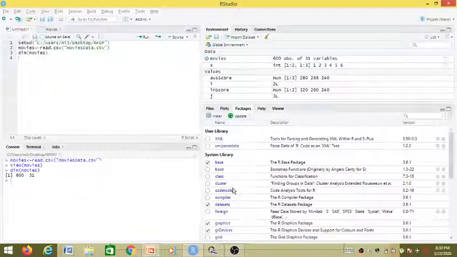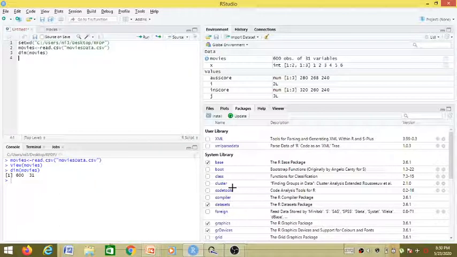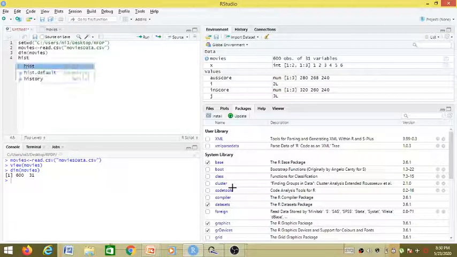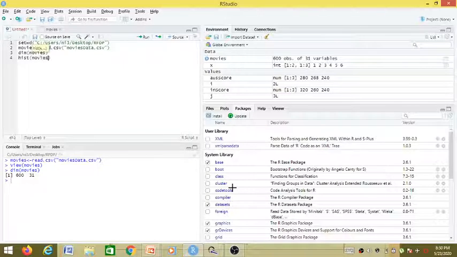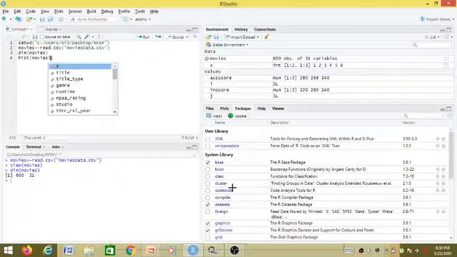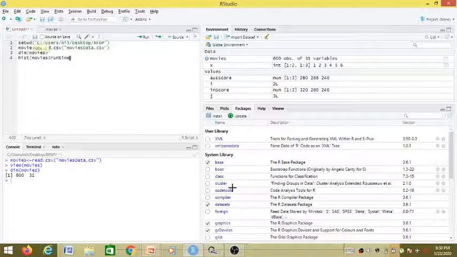So let's do it on RStudio. We can create a histogram using the hist function. So function hist, and as an input to that function we are providing the name of the data frame, and as soon as we insert the member access operator dollar over there, all the 31 columns are available to us, and we want runtime.